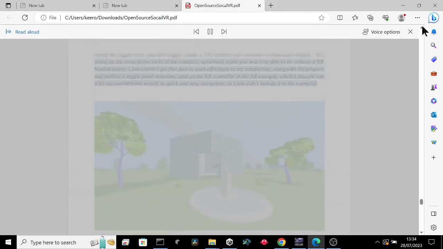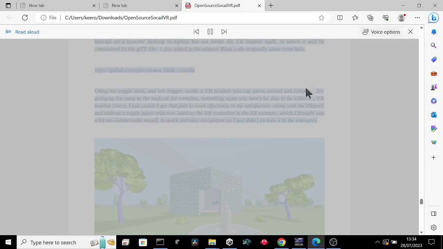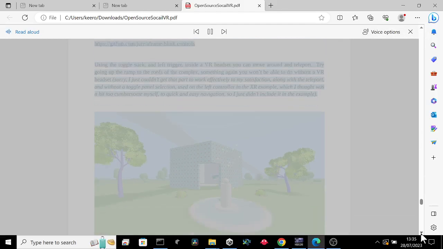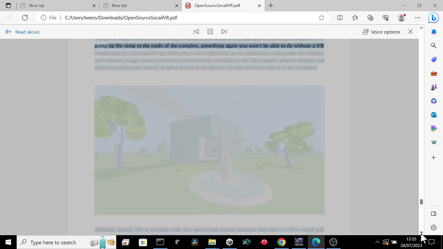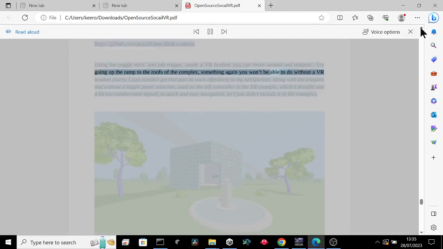Although social VR is enabled with this network A-Frame example link below, you could add network A-Frame to the boilerplate XR example above as well. Through on a browser desktop or laptop, but not inside the VR headset itself. Going up the ramp to the roofs of the complex, something again you won't be able to do without a VR headset. Sorry, I just couldn't get that part to work effectively to my satisfaction, along with the teleport, and without